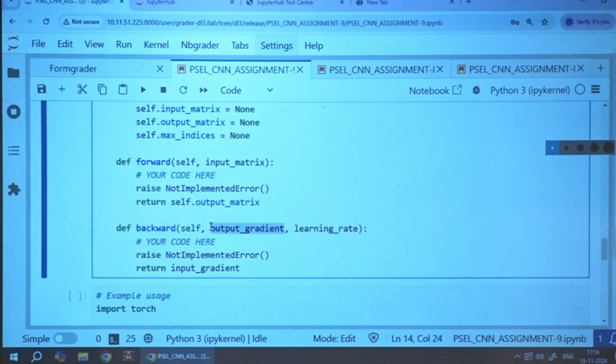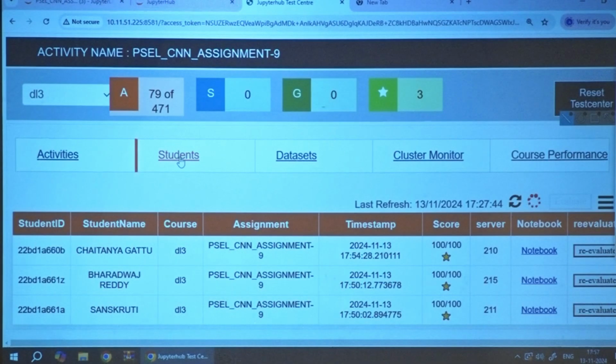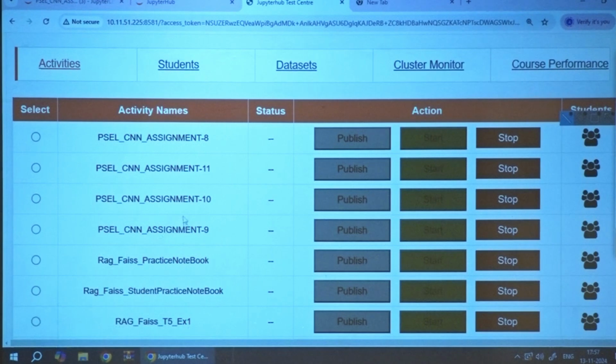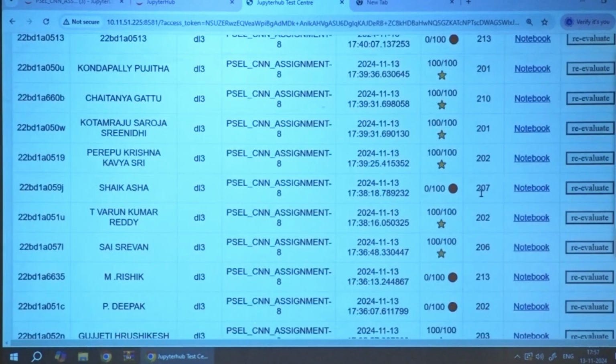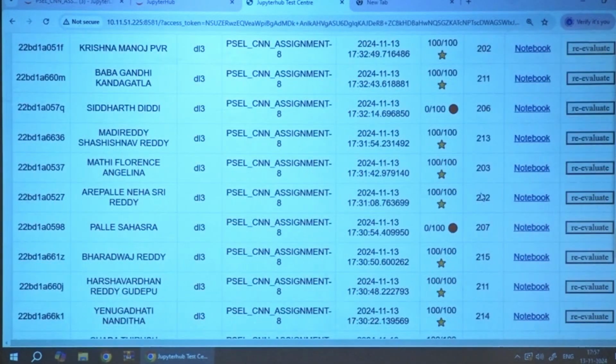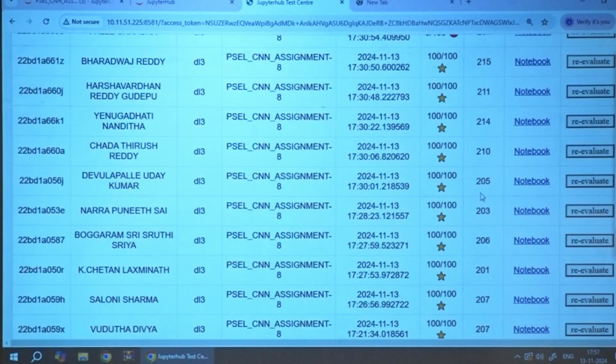Sure. Let me see the activities and assignment 8. Okay, good. 33 gradings. Assignment 8. I am hoping that all these 33 submissions are yourself only, not copied from other sources.